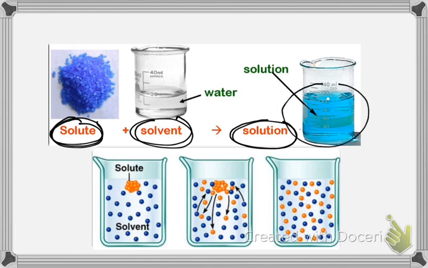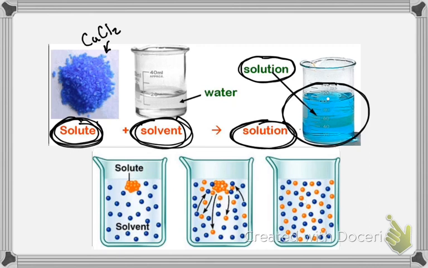Still, what's inside of this is actually copper chloride. These are copper chloride crystals that have been dissolved in water, and you can see here's my solution. This is not a chemical change. It's just a mixture known as a solution, all right? Any type of mixture where the solute dissolves completely and evenly blends into the solvent, it is called a solution,